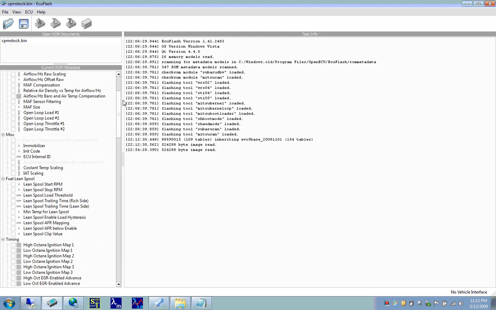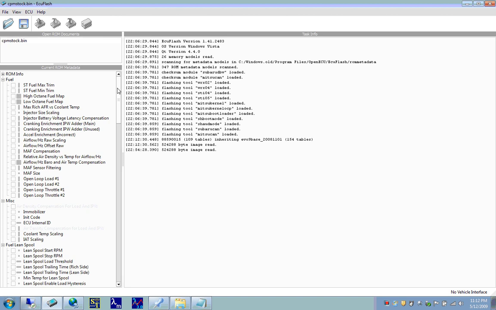So one last thing that we'll cover in this video is just taking a look at some of the other maps besides a fuel map and a timing map, just so you can understand what it is that you're looking at and what it is that you'll probably be tuning down the road. So as I said, the high octane fuel map and high octane ignition maps are predominantly what gets tuned or adjusted. Now, to understand what the low octane map represents, all you have to realize is that the knock sensor,